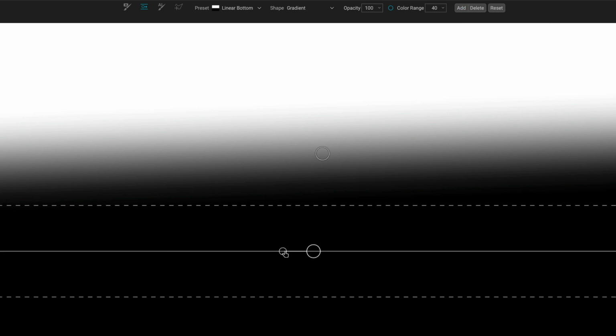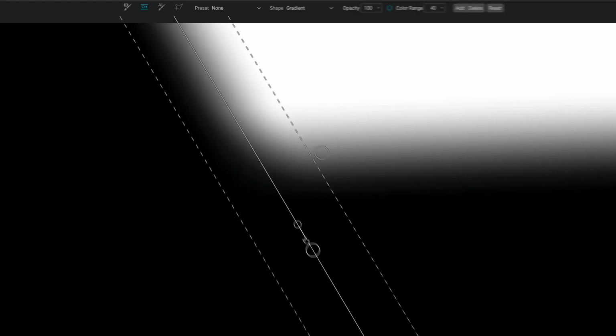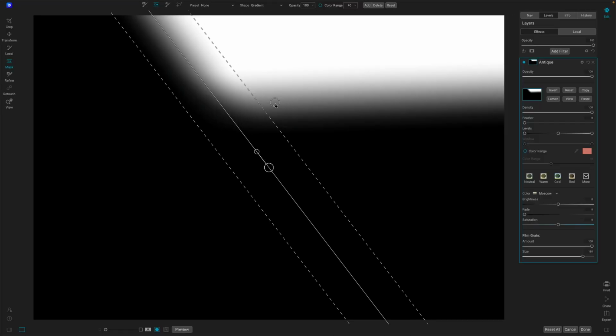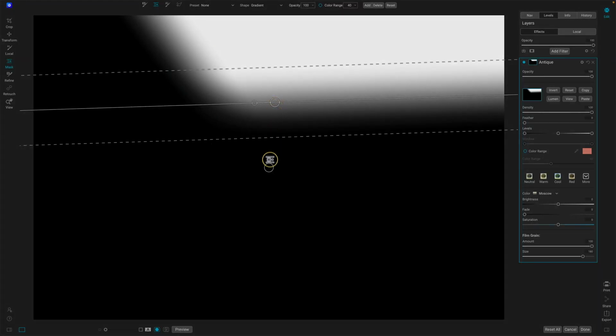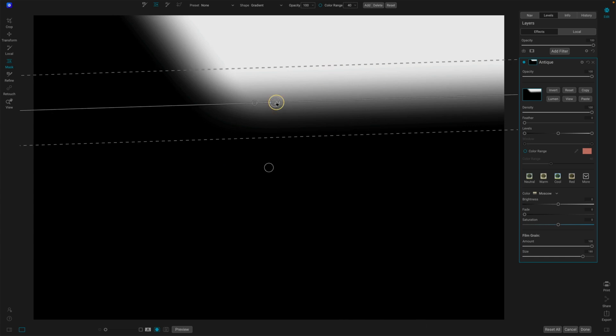And if for any reason I needed to add a second one, I can click Add. I have now dropped a second one on here, and you can intersect these and create interesting shapes. There's my first bug. There's my second bug. My second bug is removing things from the left-hand side. My first bug is removing things from the bottom, and so you're left with just this little bit up in